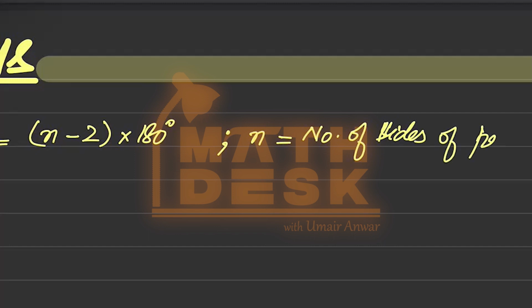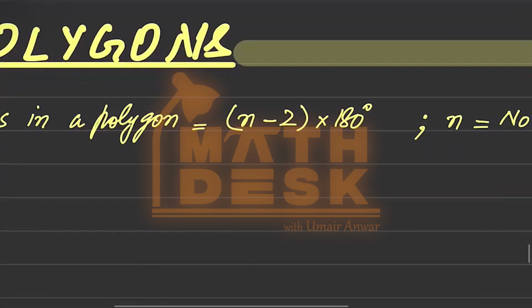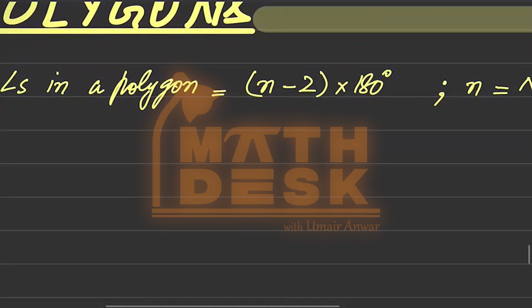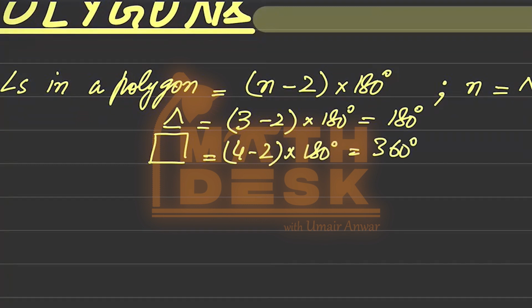So for example, if the polygon is a triangle, then n would be equal to 3. And if it is a quadrilateral, then it would be equal to 4, and so on. So for example, if it is a triangle, then it would be 3 minus 2 times 180, which is 1 times 180, so equal to 180. If it is a quadrilateral, then it is 4 minus 2 times 180, and it is equal to 360 degrees, and so on. For pentagon, hexagon, heptagon, we can use the same relation to find out the sum of interior